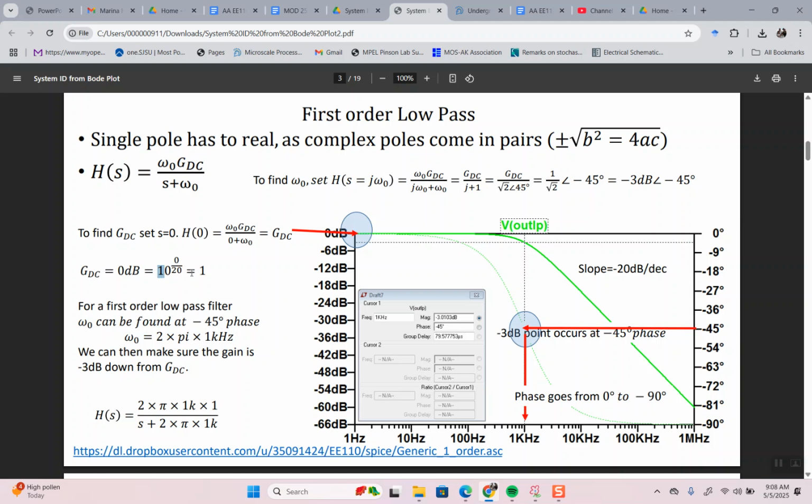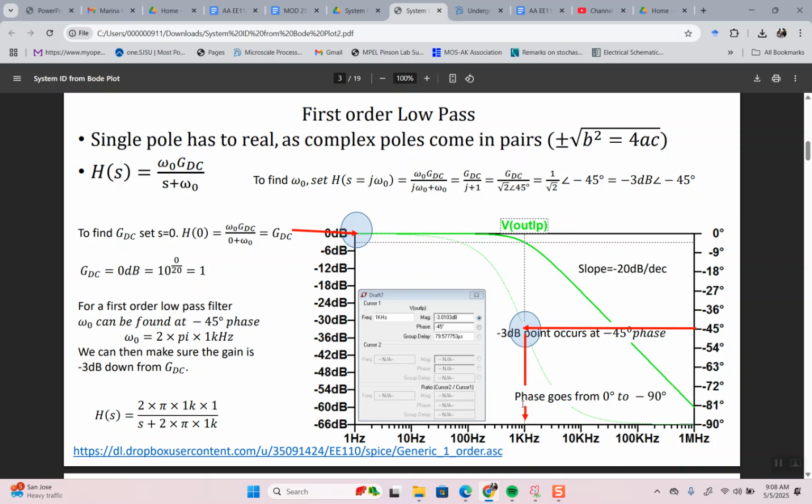Then what's omega naught? Well, in LTspice it's easy just to take half of the phase difference. In this case, the difference is 90, so half of it is 45, and just read out to the phase line and then down, and it's a kilohertz. Now, in practice, that's very difficult